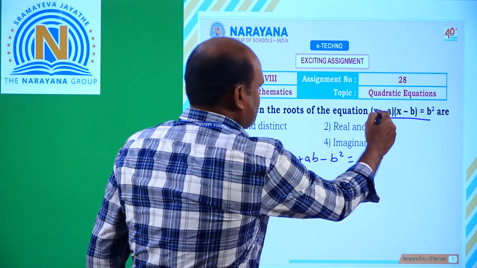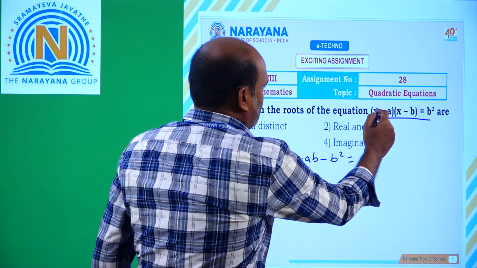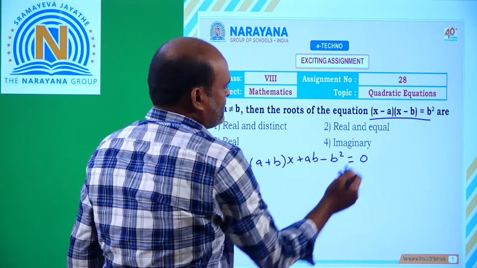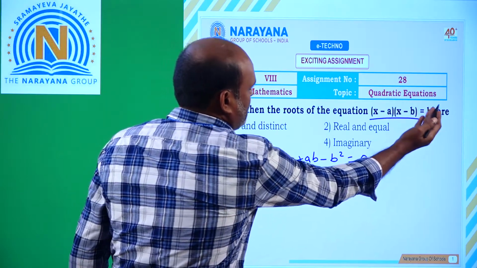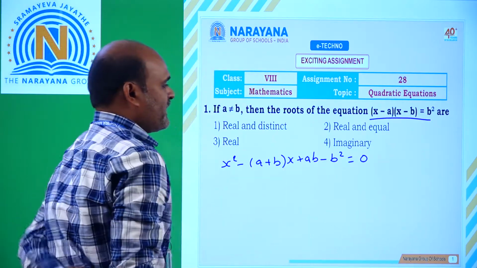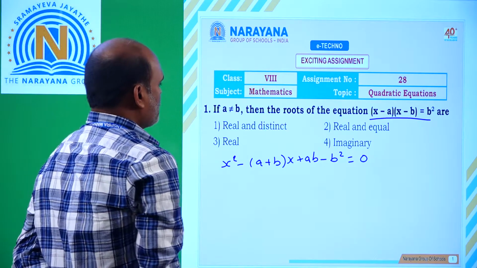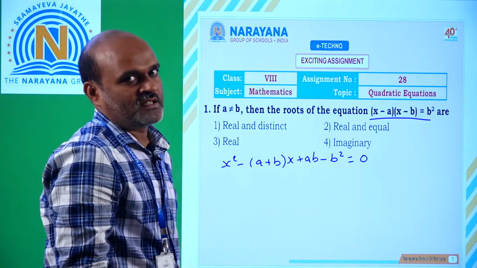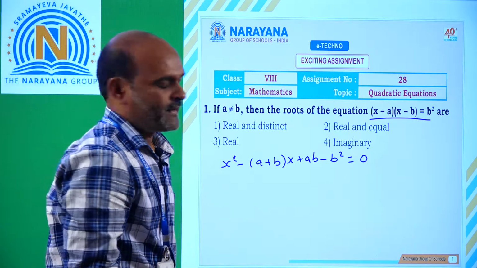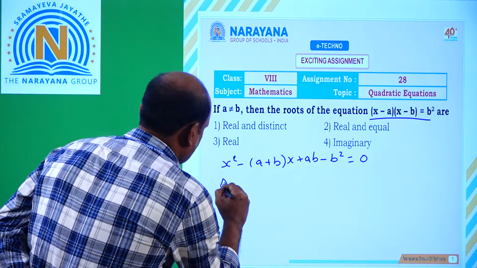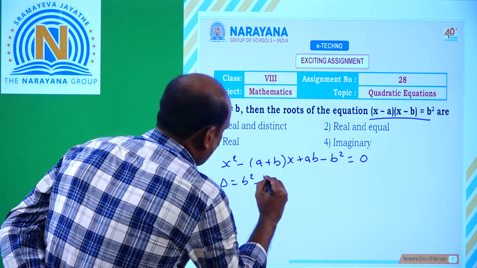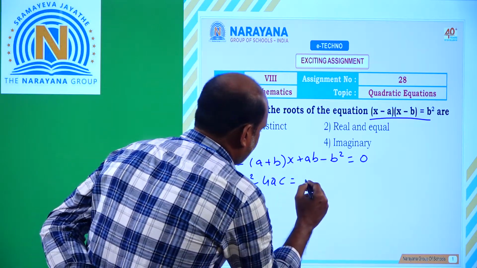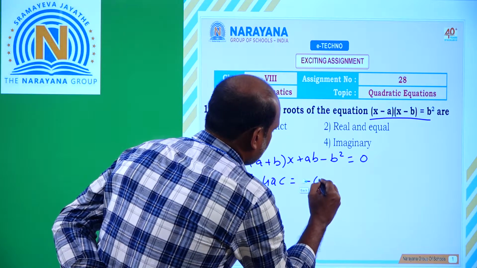So x square minus bx minus ax plus ab, this b square transposed to this side, minus b square is equal to 0. So the nature of the roots, he is asking nature of the roots. Nature of the roots means we have to find discriminant. Discriminant delta is equal to b square minus 4ac, that is equal to b is nothing but coefficient of x, that is minus of (a plus b)